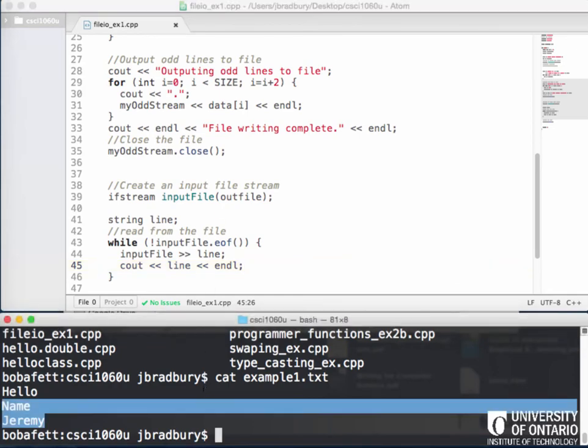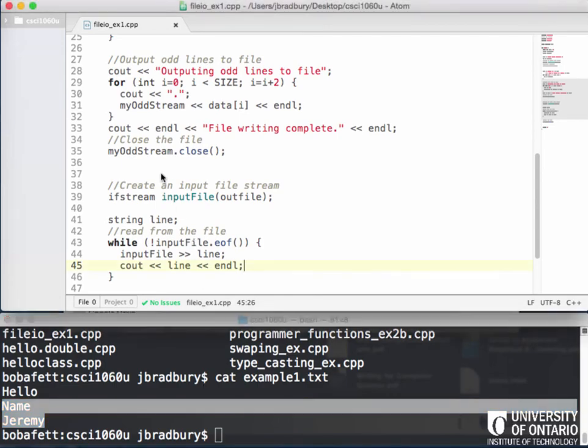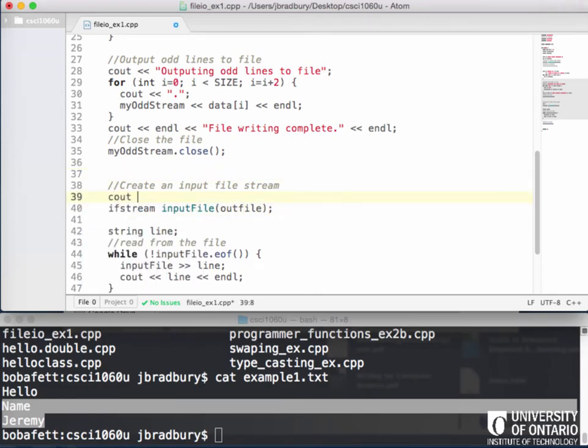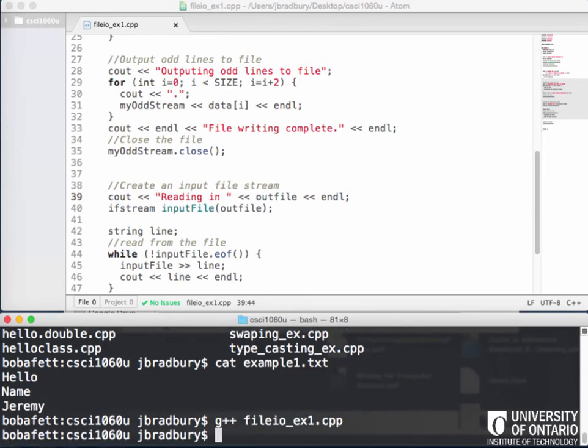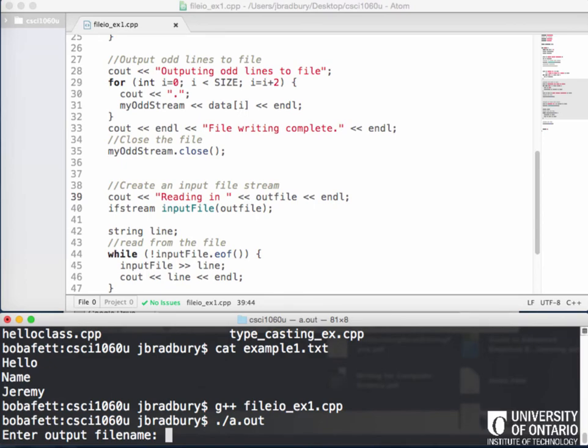So let's actually see what happens here. I'll actually add a comment as well up top. Before I open the input file stream, I'm going to add a comment that says cout. So I'm going to read in that file. Okay? So let's give this a try. Compile it, it works. We'll enter in a file name,